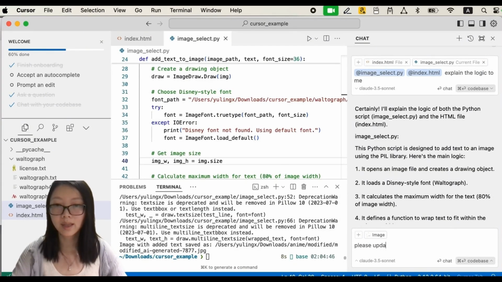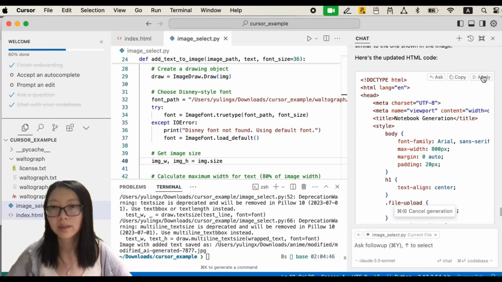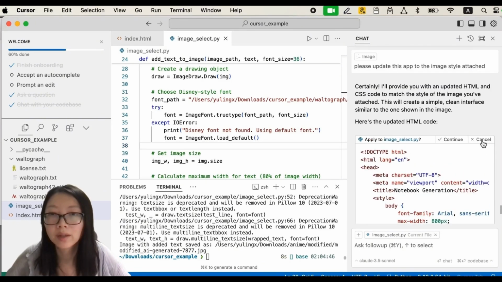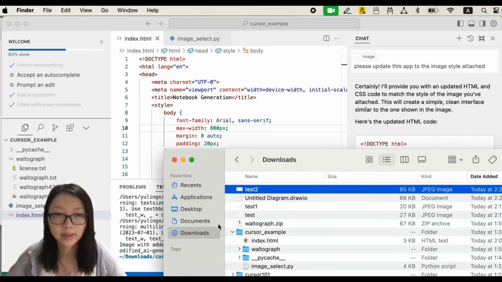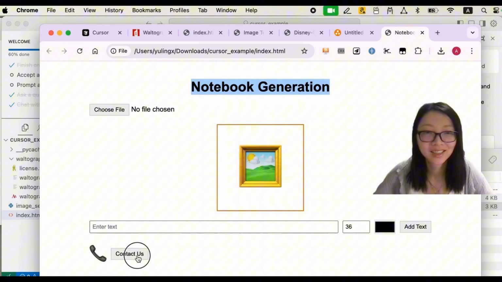Please update this app to the image style above. So let's see the header and the contact us button. Send in the HTML. So what are we going to get here? Cursor example, index HTML. Oh, image preview, contact us button, notebook generation, contact us.